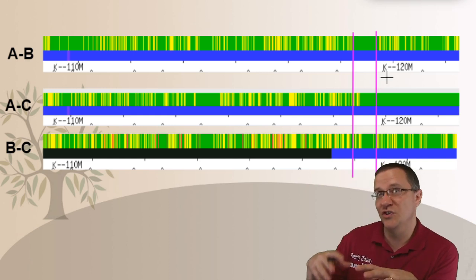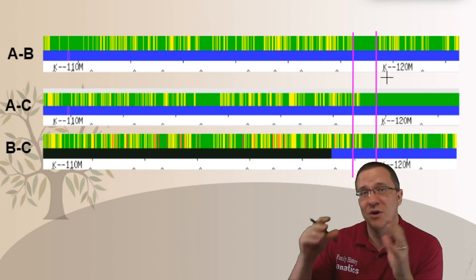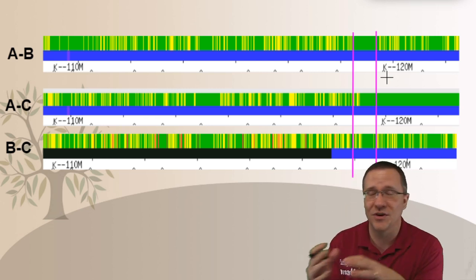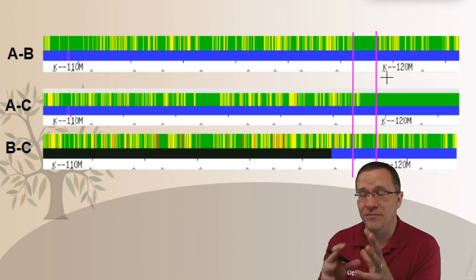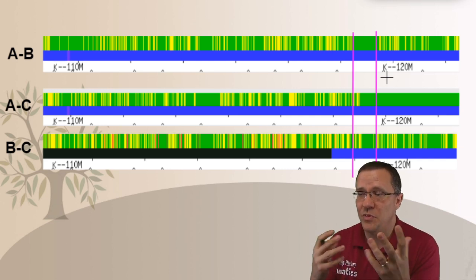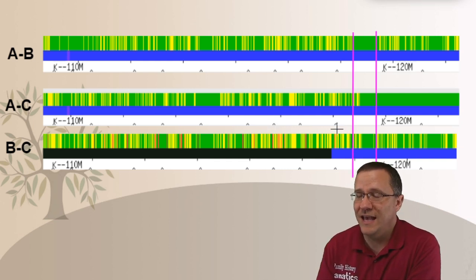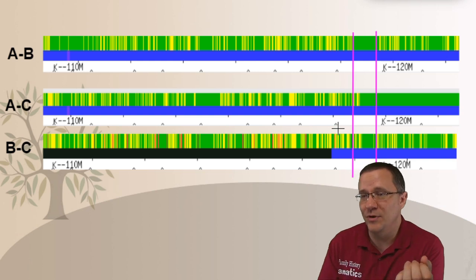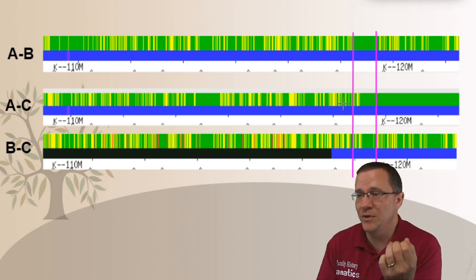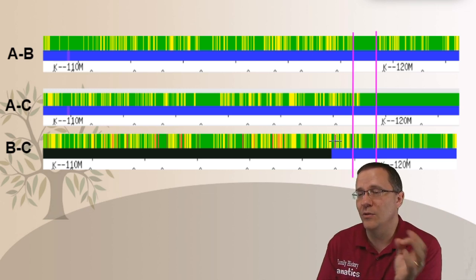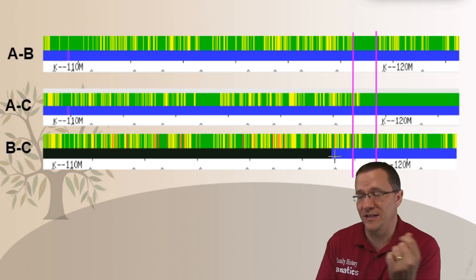Now this example can show where something's really tricky, because where half matches start and end and where full matches start and end is a little fuzzy. So we need to think about that as we're doing it. Now what we did say though is that there's not a C recombination here. So I shouldn't be looking for common things between AC and BC. What I need to look for is common things between AB and AC, and I need to look for common things between AB and BC.